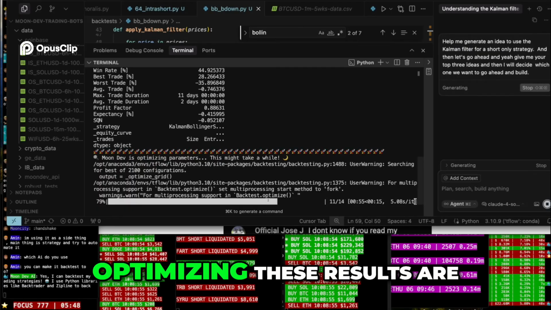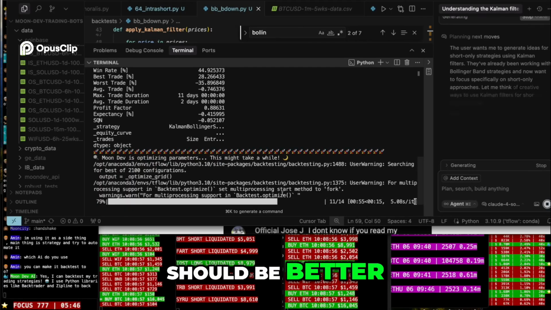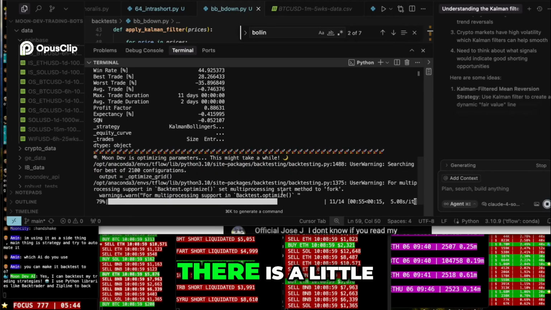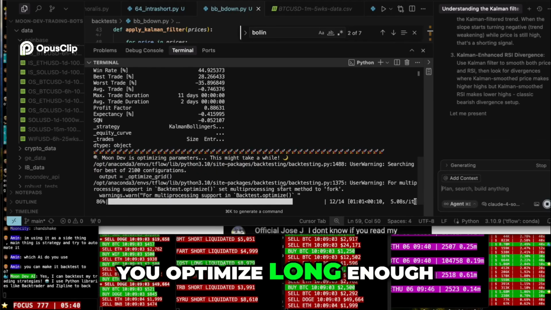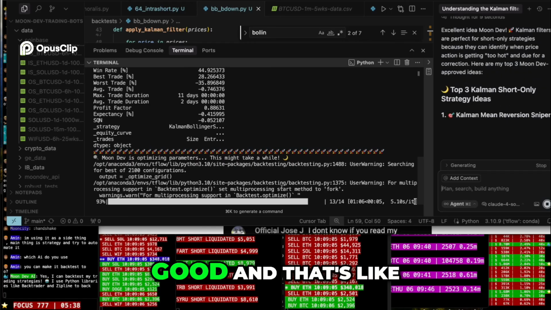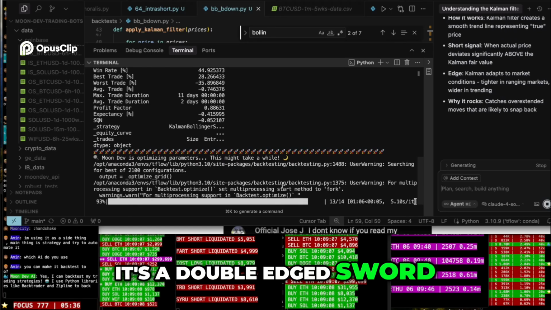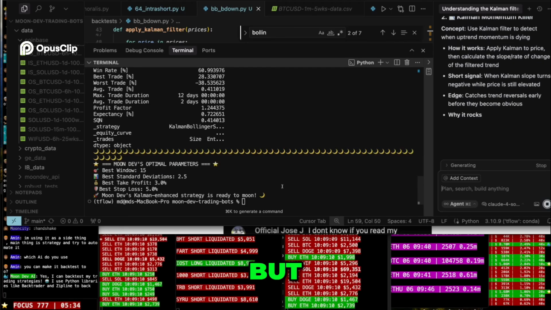So this is now optimizing. These results should be better, but it's a little tricky with optimization. You don't want to over optimize. Like if you optimize long enough, you'll find something that's good, and that's like a double-edged sword. It makes you feel good, but